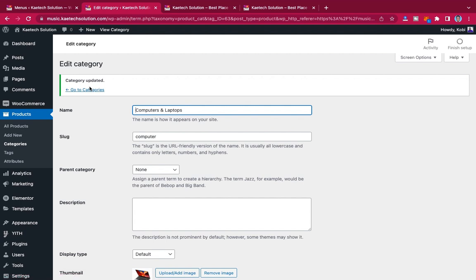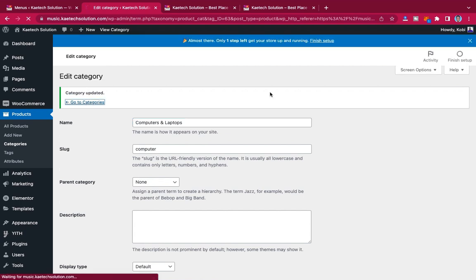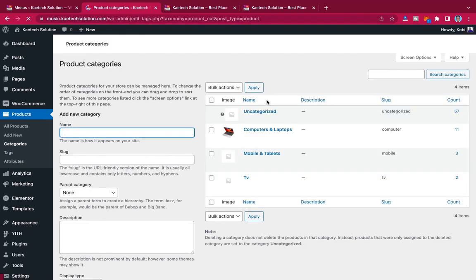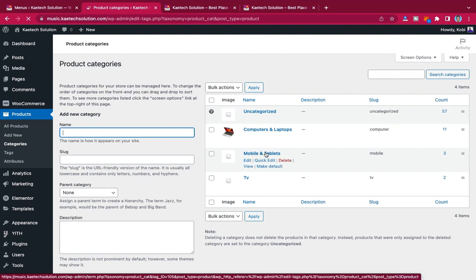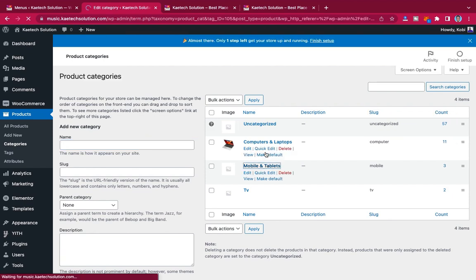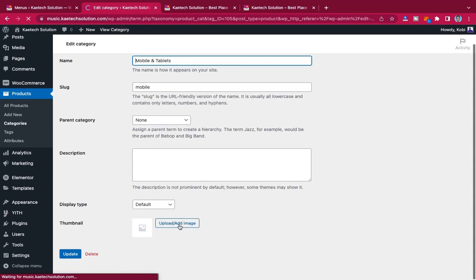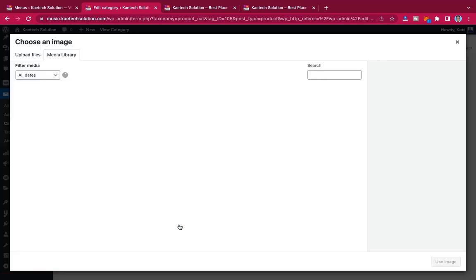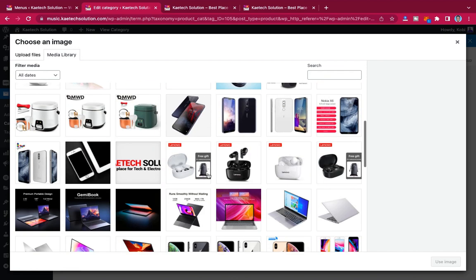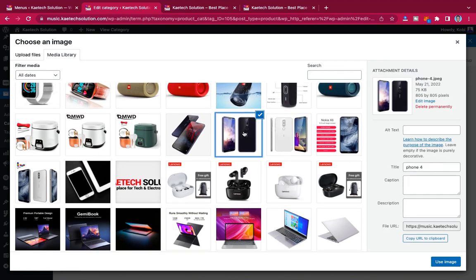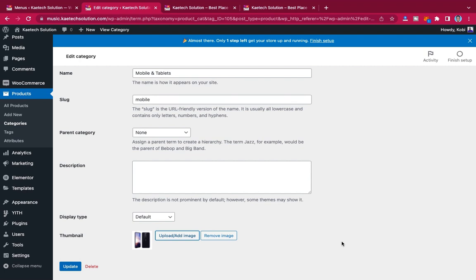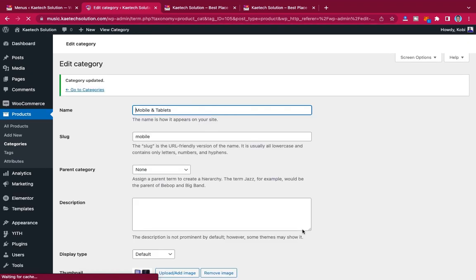Now let's go back to the categories and then choose mobile and tablet, and then come over here and say add or upload image. So let's find any mobile phone. So let's say this one, and then just upload it and then update it. Okay, very good. So we're still going to go back,